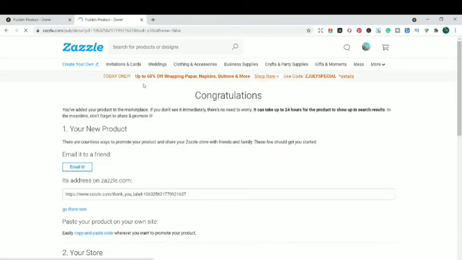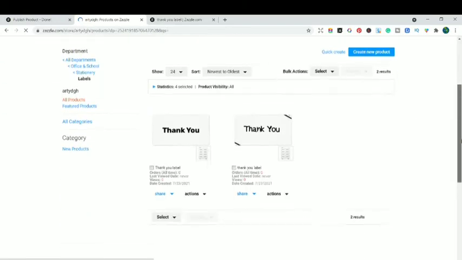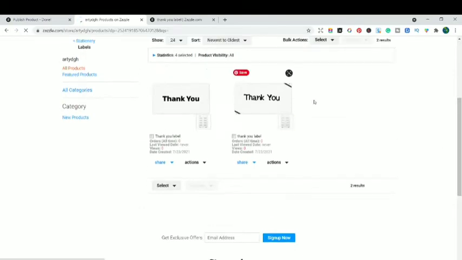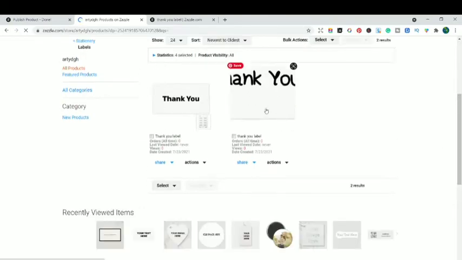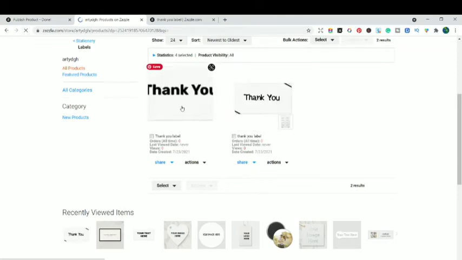So let me just go over to our store again, and we're going to show you exactly the difference between these two designs. Okay guys, you can see these are the two designs that we uploaded. This one I uploaded just from the computer laptop, and this one I created as a template. Now we're going to see the difference between these two, especially from the customer's point of view, like how they're gonna select which one is better for them, whether they can customize it or not to share the design.